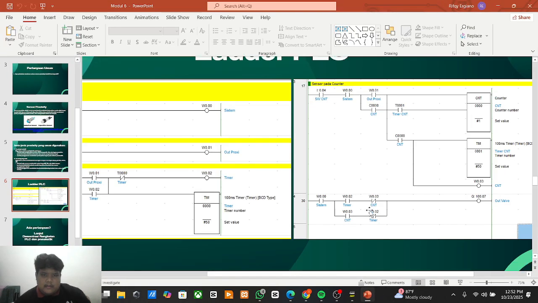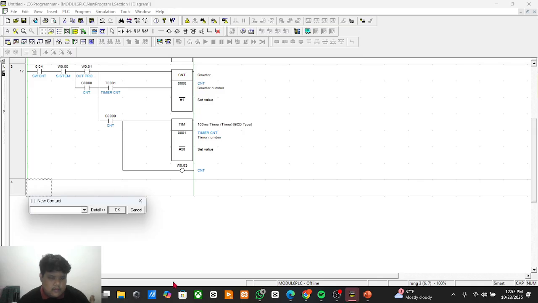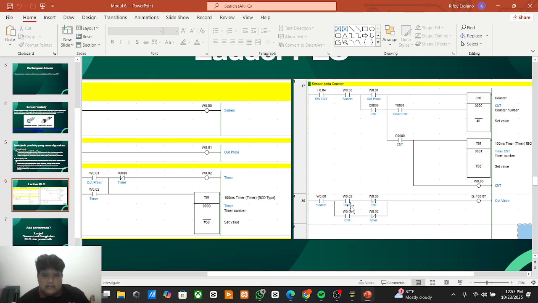Next, we make the last diagram here for the system, CNT and the timer. Here the system. Then next is for the timer 203.